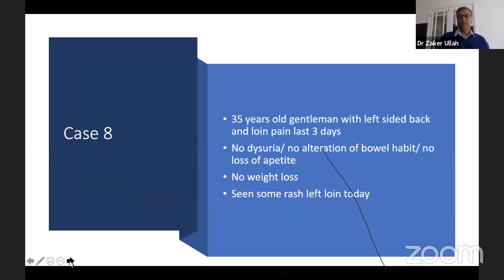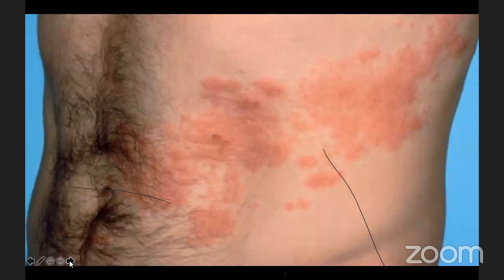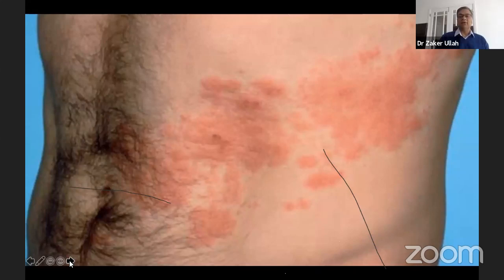We think about it. Some rash all of a sudden appeared 2 days after the abdominal flank pain. Herpes. A left perinephric abscess. Good, good. Herpes, absolutely. From the history, you can see this is very typical of a herpes zoster lesion, and sometimes